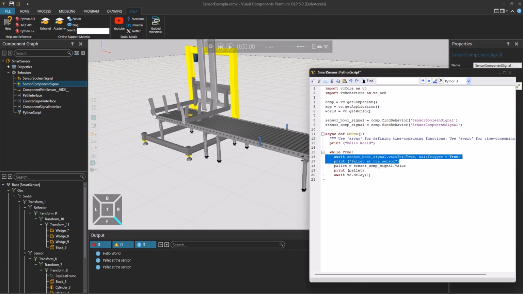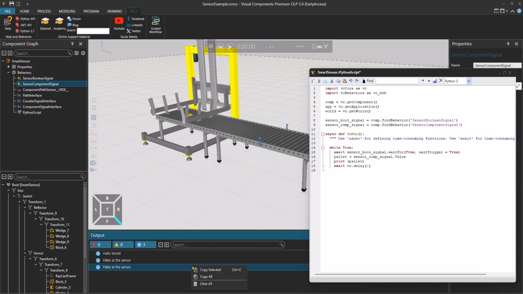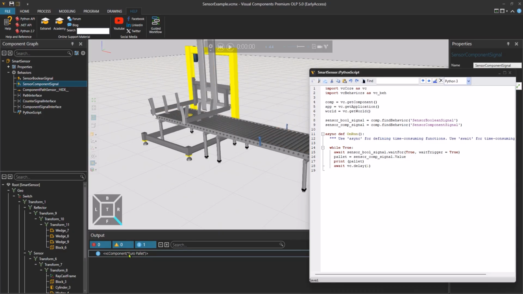Let's clear some of these old prints. Clear the output, compile the script, run the simulation. As we can see, we got the euro pallet to the output panel.